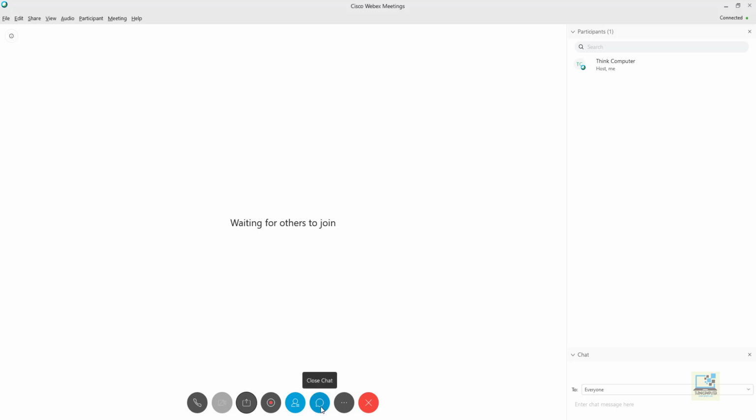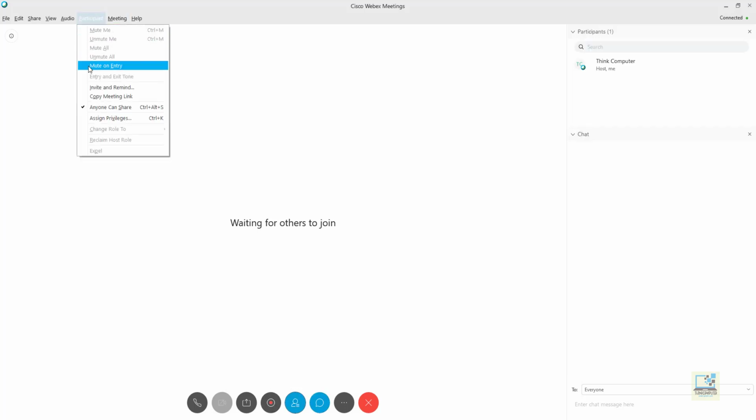You have the option of enable disable chat or enable disable participant window. Under participant, you have the option of mute on entry. You can disable the anyone can share option so that only the host, meaning you, can share.